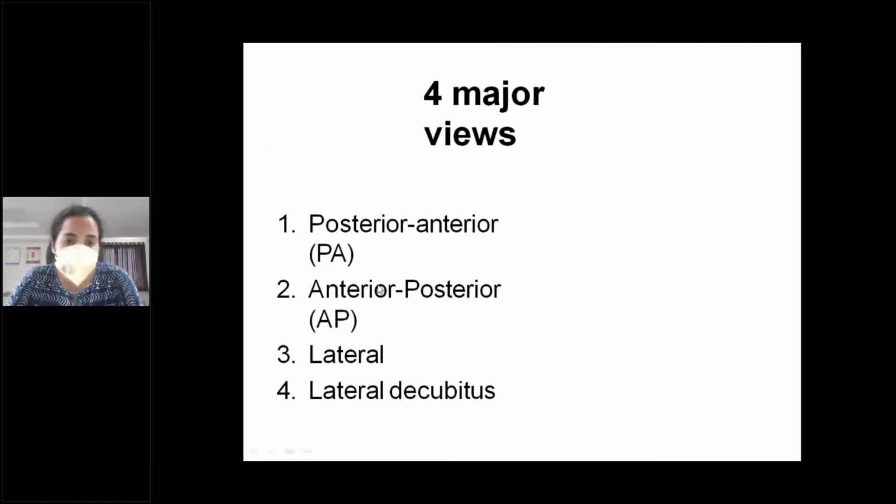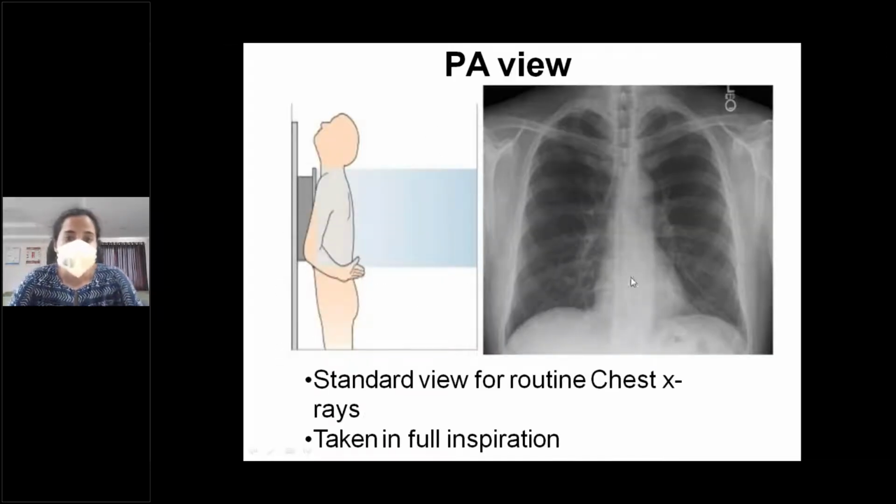So next we have the views of radiograph. All of you might have already known that we take multiple views, but the most important ones among those are the PA view, which is the postero-anterior view, the AP view, the lateral view and the lateral decubitus view. You have to have a clear idea that in a single radiographic view, you should not try to depict all the pathology and find the diagnosis. You always have to go for different views in order to be sure of your diagnosis.